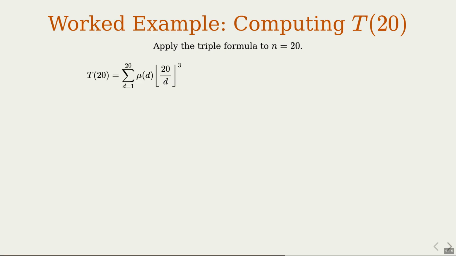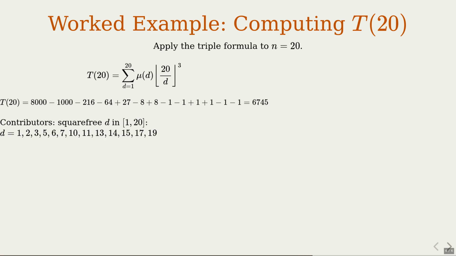Here is our general formula specialized to n equal 20. So we only need to inspect divisors up to 20. And we can skip any d where mu of d is 0, because those terms contribute nothing. If we write out the non-zero terms and simplify, the final total comes out to 6,745 coprime triples. Only square-free d values with at least one multiple between 1 and 20 survive, because mu is